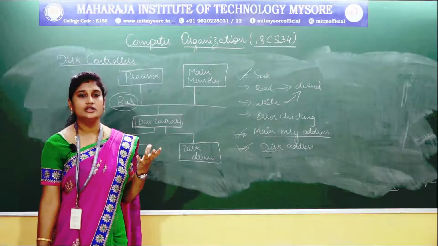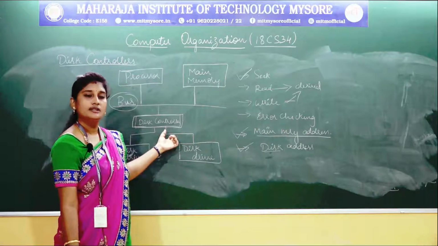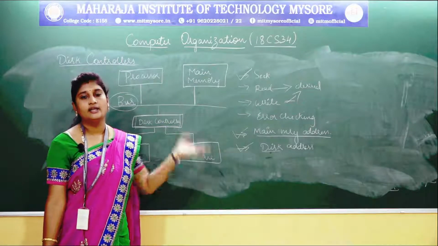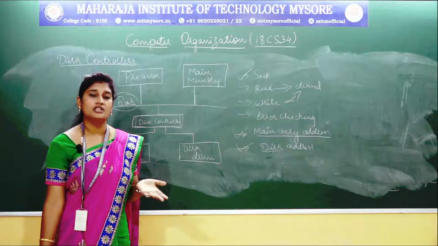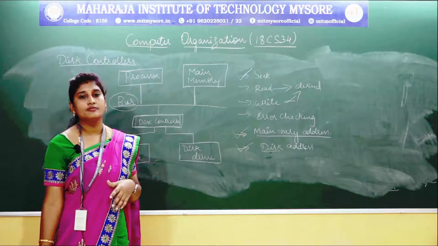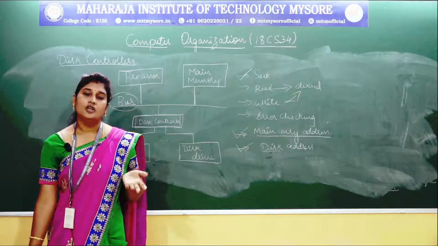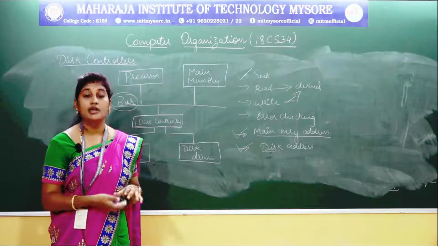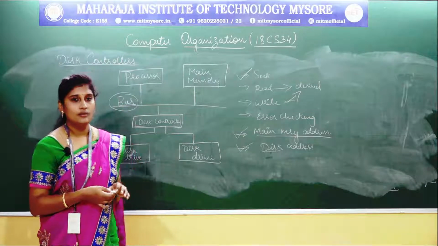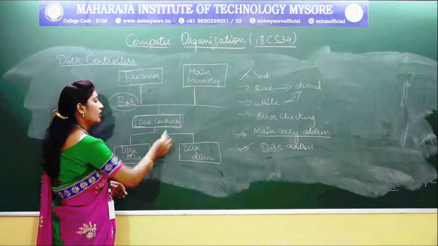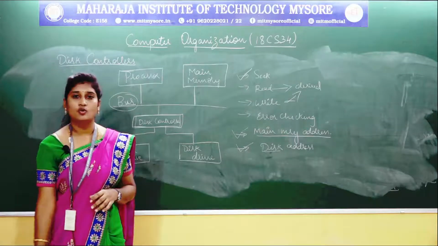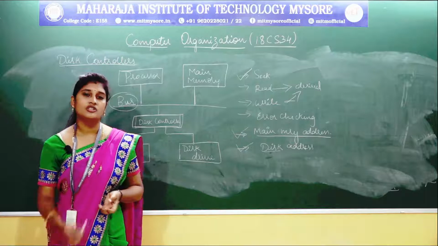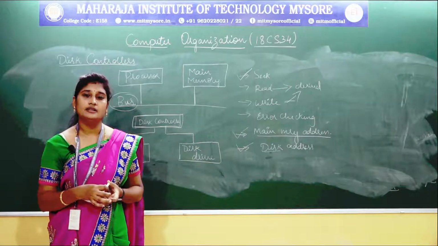So all the control signals will be passed through the disk controller itself, whether to read data, write data, fetch the seek time or the latency time, or compute your access time, that is the sum of both seek time and latency time. These are all control signals passed by a control circuitry called your disk controller. Fine, this is all about your secondary storage device, that is your magnetic disks.